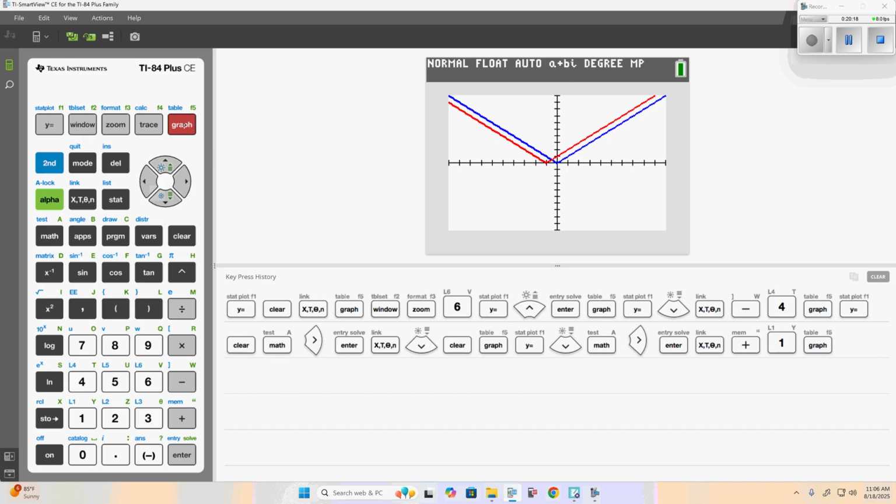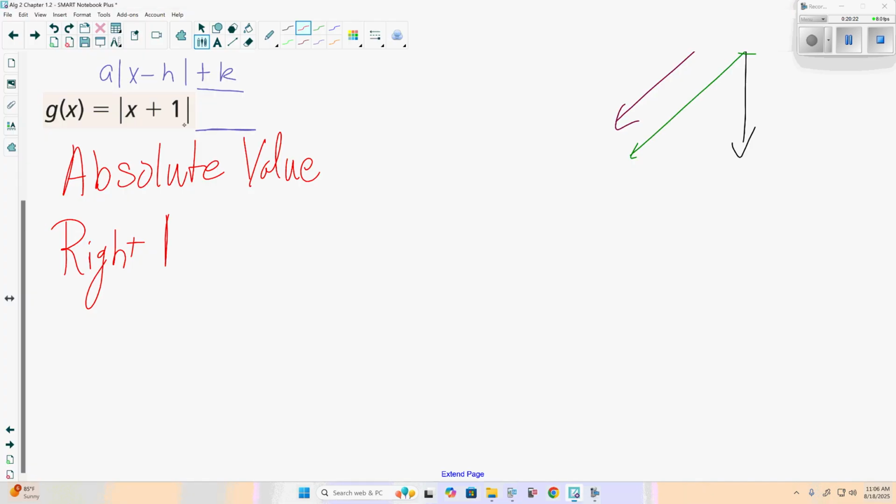No, what did it do? It actually moved 1 unit to the left. Okay. Well, let's look back at the general form. The general form inside the absolute value is what? X minus h, yes? The equation we have is what? X plus 1. Now, to make it match the general form, to make these be the same,